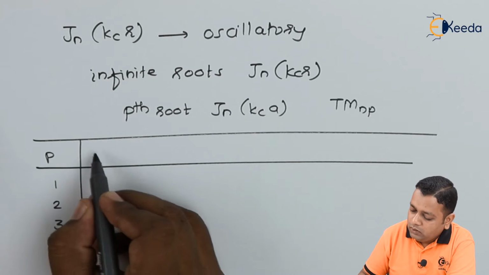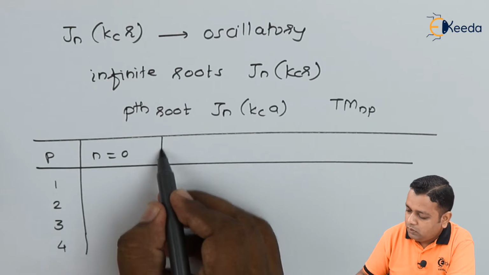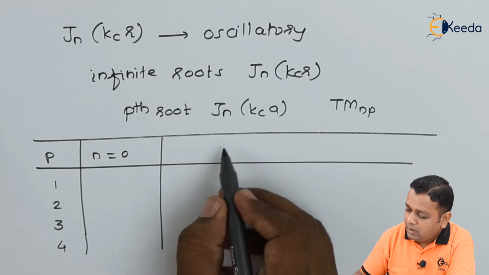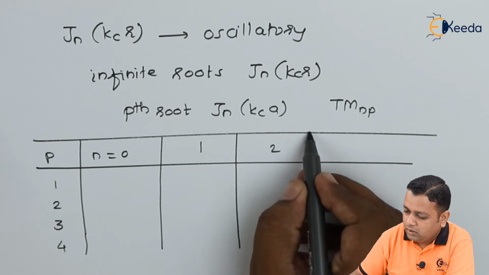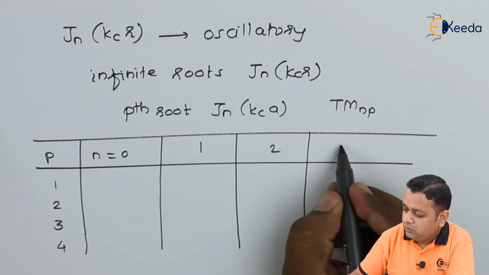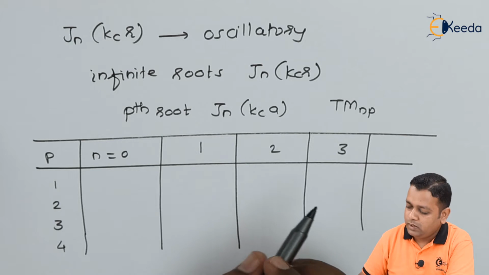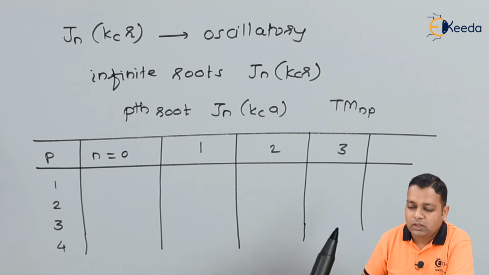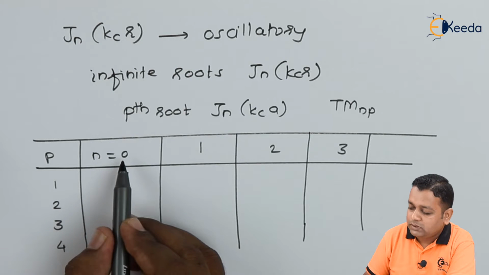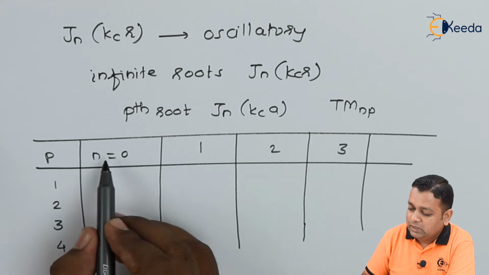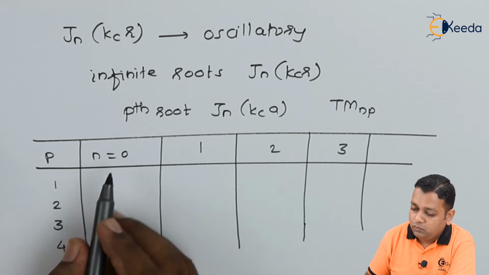Next to that we can have the order n equal to 0 for the first column, and this is equal to 1 for the second column. Then we can have 2, we can have the value 3, and so on we can go for. So for the first three columns we shall be discussing here. So for the order of Bessel's function J suffix n, it will be J suffix 0 with the first root we have the value